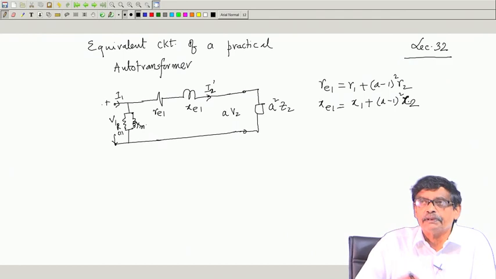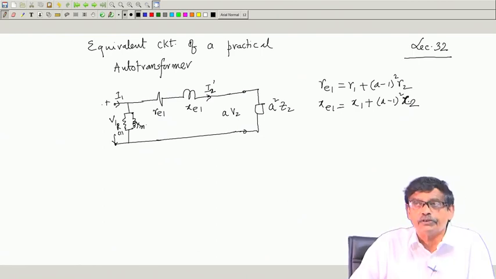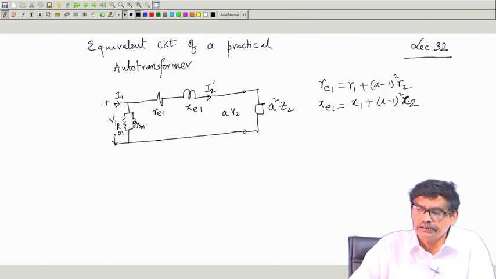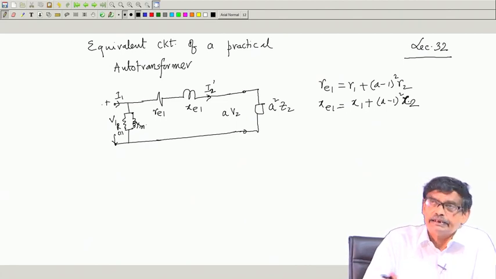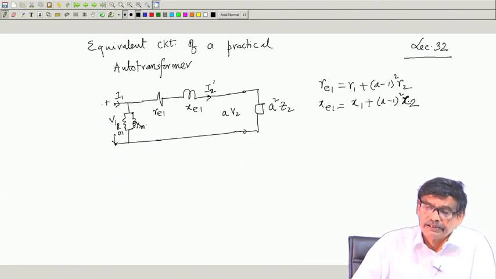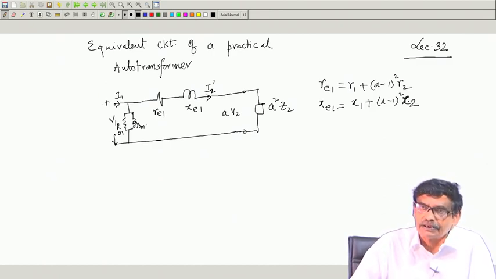I think we have spent enough time, go through it and try to solve some problems on this auto transformer equivalent circuit. We will also give you some problems in the tutorial or in the handouts, lecture notes, some solved problem. I will try my best to include that, but it is very interesting to study the auto transformer, because both the two winding transformer and auto transformers are used.